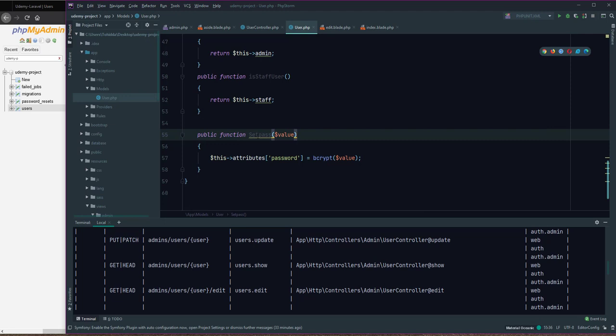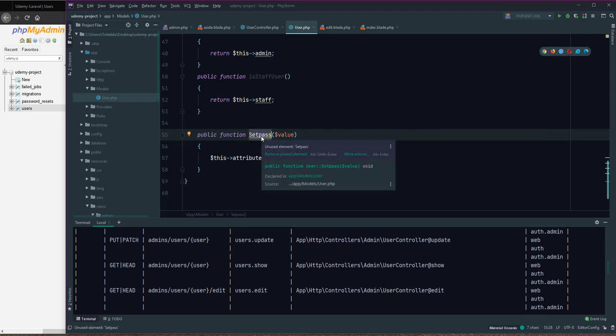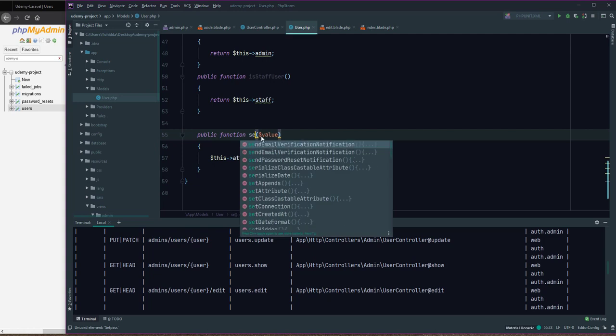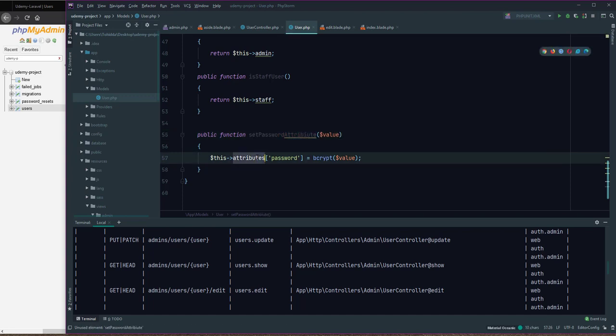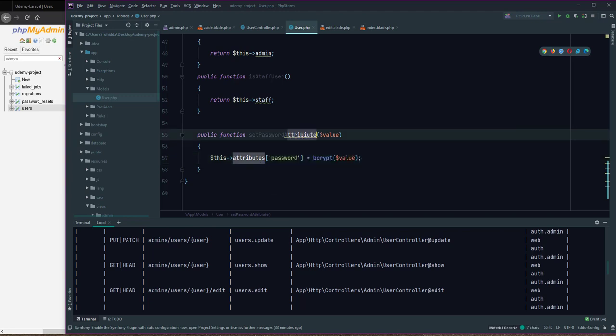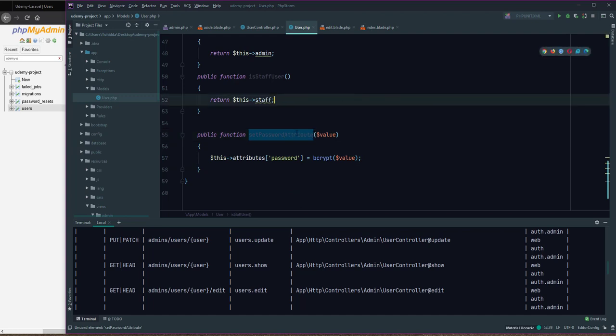Sorry, I change this name to setPasswordAttribute, and I use this for this and remove this. Okay, set password attribute,